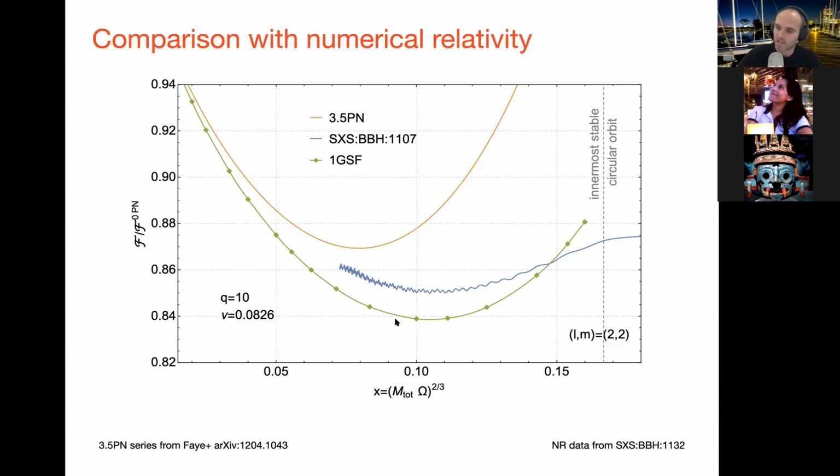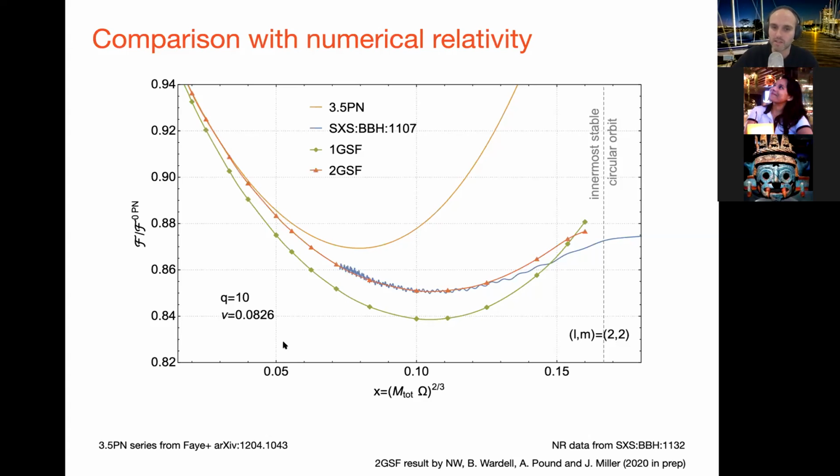But now, as of a few months ago, we've extended that and actually made the first nonlinear calculation in black hole perturbation theory. This gives you the second order in the mass ratio result, which is now this red curve. What you can see rather nicely is that this now agrees quite well with post-Newtonian in the weak field. Remember, post-Newtonian contains all orders in the mass ratio, but really interestingly, it also seems to agree really well with the numerical relativity simulation in the strong field.